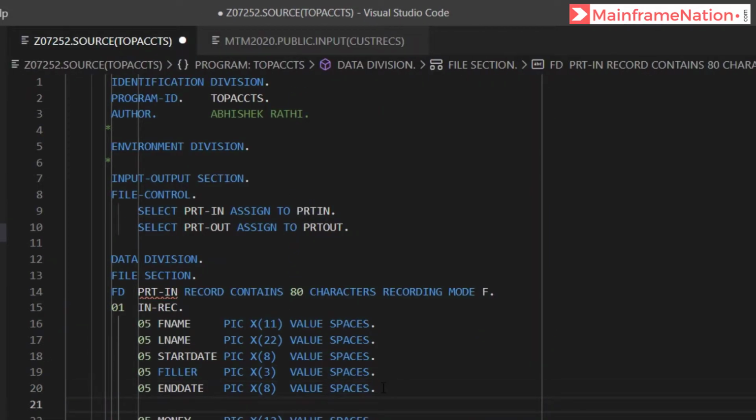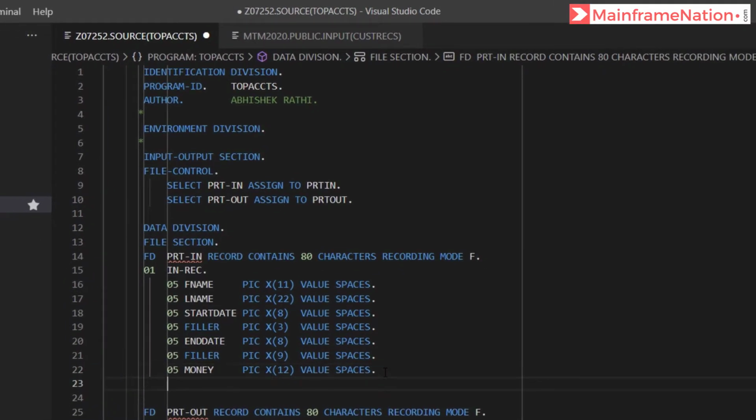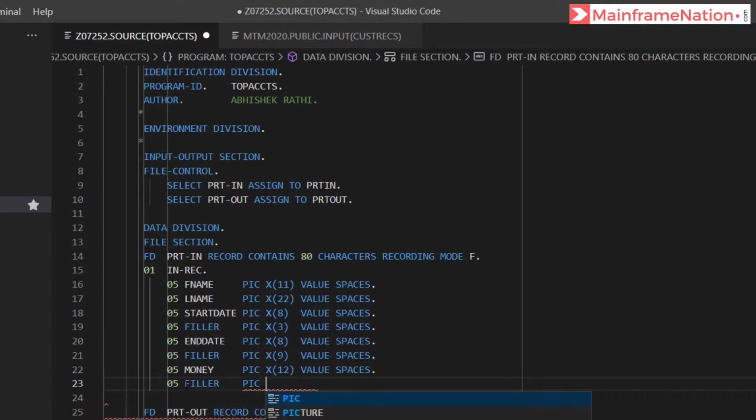So let's give here filler PIC X of 9 and value spaces. Also this file is 80 characters long. We have given here 80, but if you count them it will be 73. So let's fill the last 7 digits with filler.